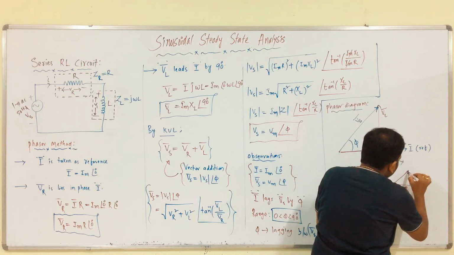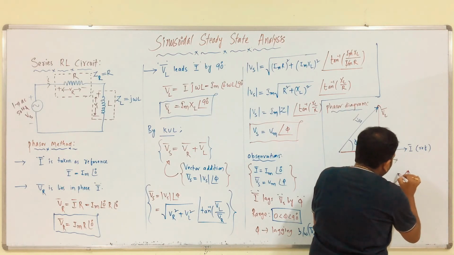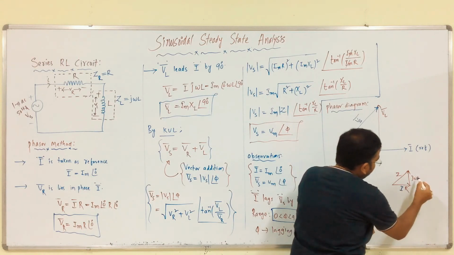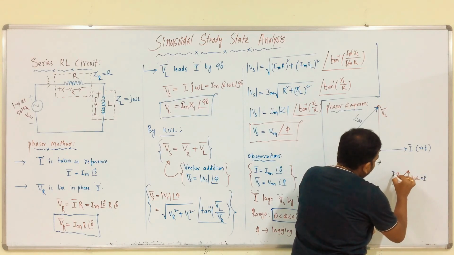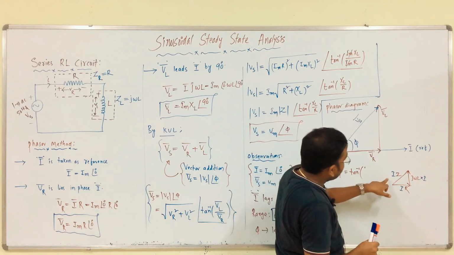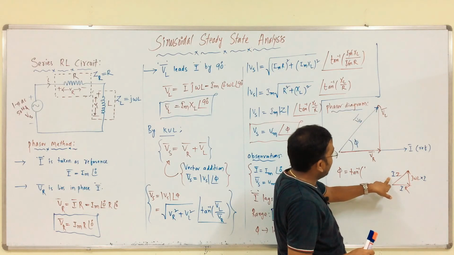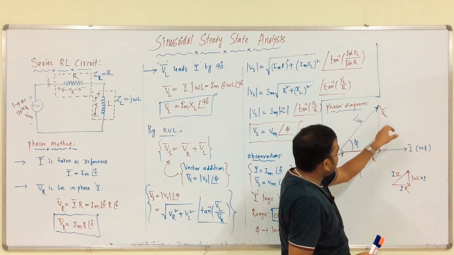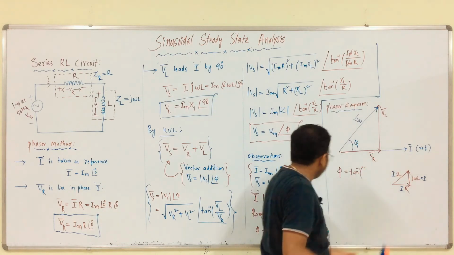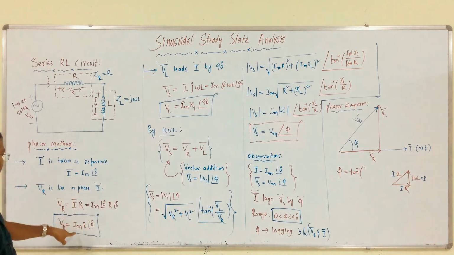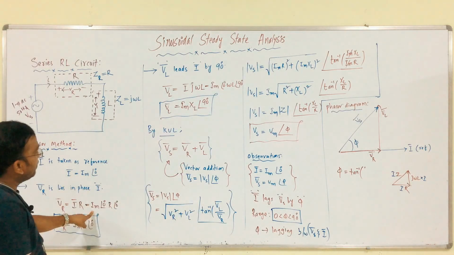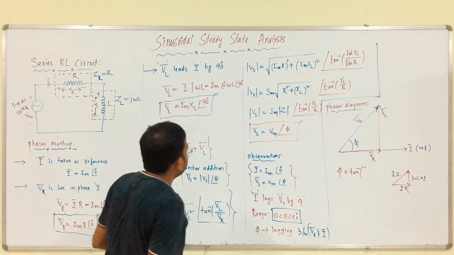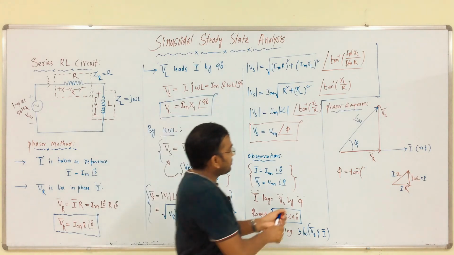What is the impedance triangle? This is R, this is J omega L, this is Z, right? Simply we have to multiply with the current I. This is the resultant voltage Vs equals I into Z. This is the voltage across resistance, I into R. VL is nothing but what? I into J omega L. Clear? See, VR is what? I into R. See there, like that. VL is what? I into J omega L. Vs is what? I into Z. Clear?